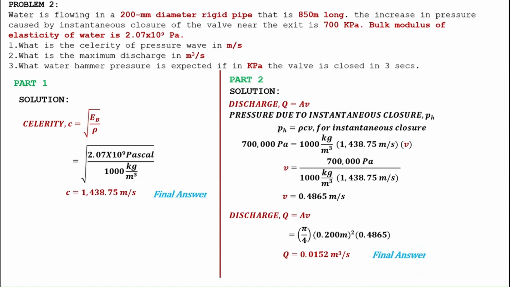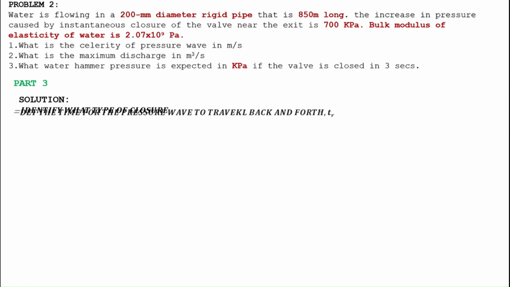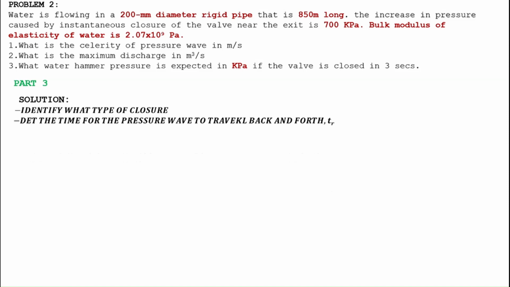For our solution to the last part of the problem, we need to know first what type of closure will happen in the problem. It can either be instantaneous, rapid, or slow closure. We need to identify the type of closure first since there are different formulas for water hammer pressure in each type of closure. We begin by identifying the time for the pressure waves to travel back and forth, which we can get by using the formula